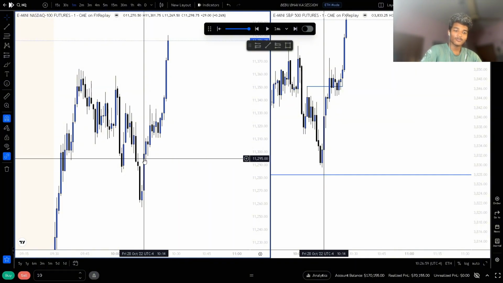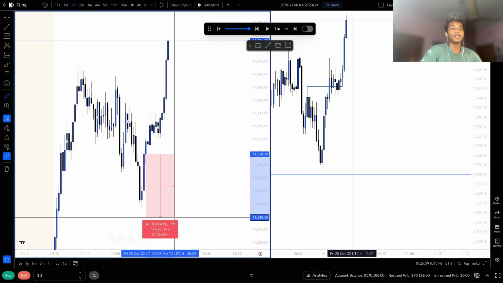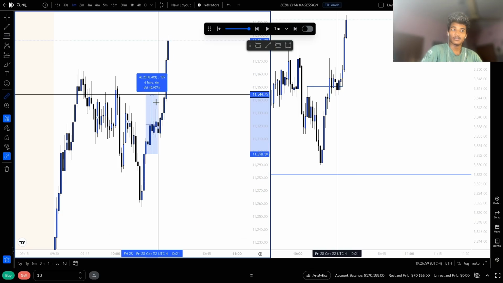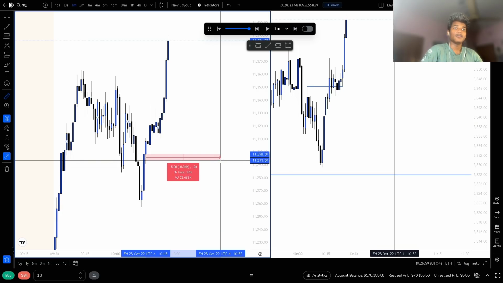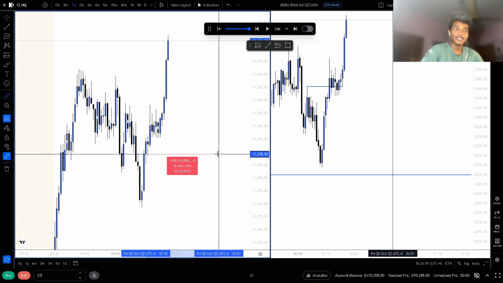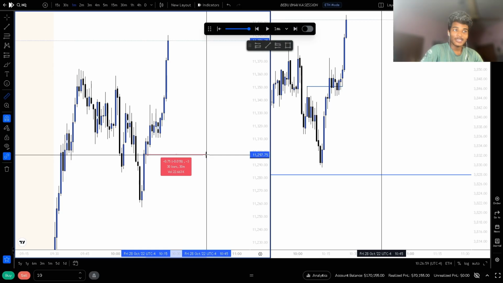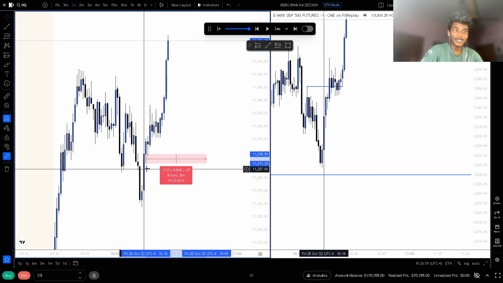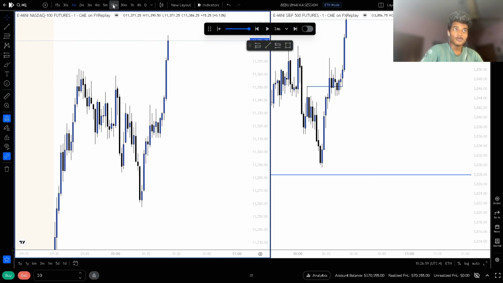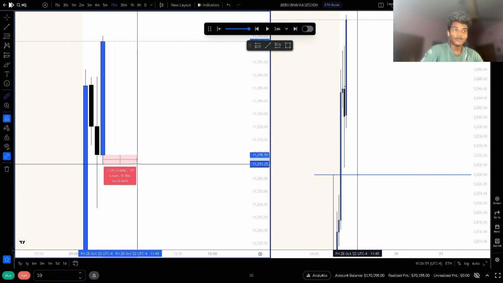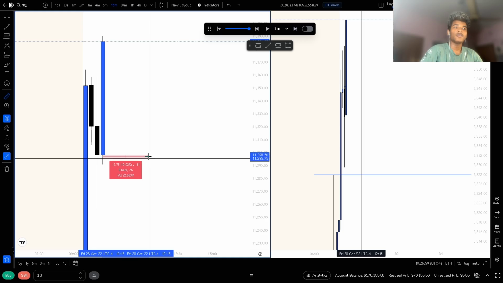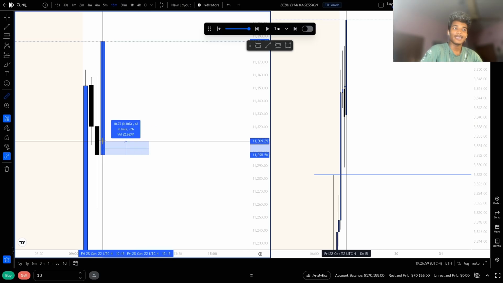At this point of time, either it may manipulate on the downside and then move on the upside, or it may manipulate on the upside and then move on the downside. But if you look here closely, the 15-minute candle opened here, then it moved a bit down and made this wick. Let me show you on the 15-minute. This candle opened here, it moved down and made a wick. Okay, and you have to place yourself in this wick. So my entry was here.